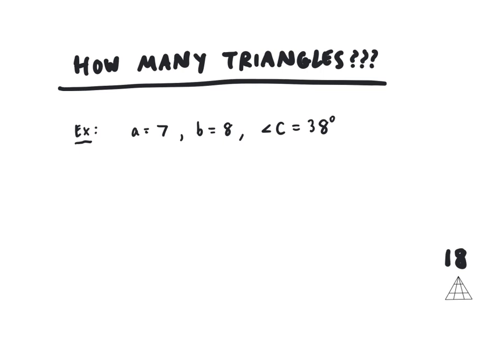If I am trying to analyze this situation and ask how many triangles are possible, well, you don't really need to overthink it here. It's clear that we have a side angle side situation because angle C, if I were to draw that one here, angle C being 38 degrees, well, it's smack in the middle